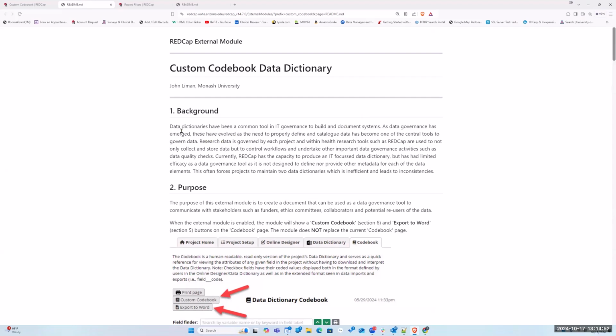But it's trying to create a better tool than, I mean, if you want to show somebody exactly what is going on with your project as an architecture, you have the data dictionary, but the data dictionary is pretty unwieldy for somebody to look at